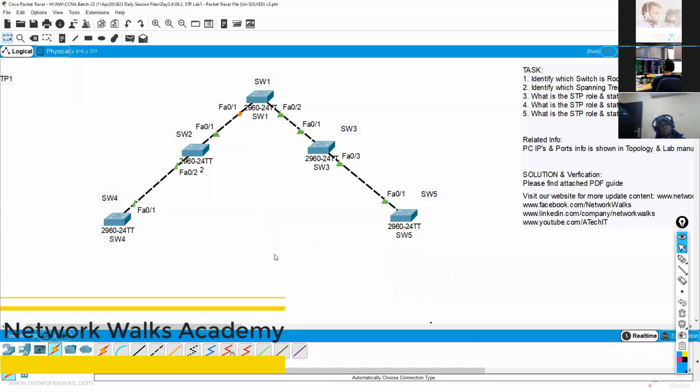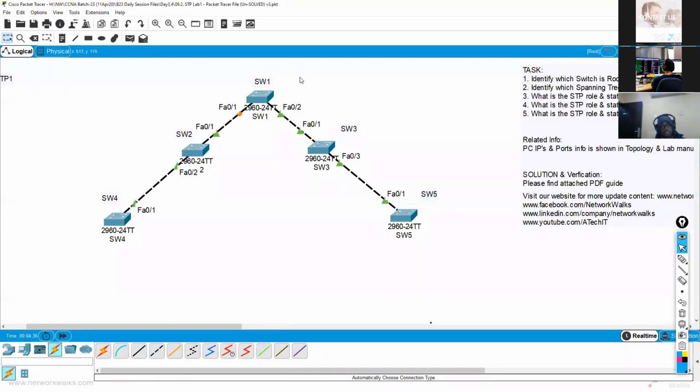Switch 1 cannot send data to switch 2 in any case. So it will recalculate the whole STP, but it will take some time, because sometimes the link might be flickering, the link might be temporarily dropped, so we don't want to do the calculation again and again. So there are timers for which it waits a while and then it does all the calculation. So this link will come up as well after some time.